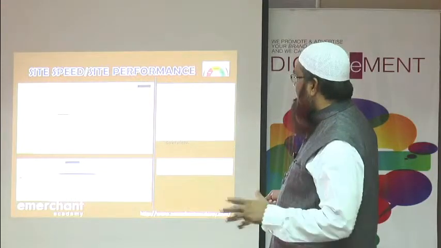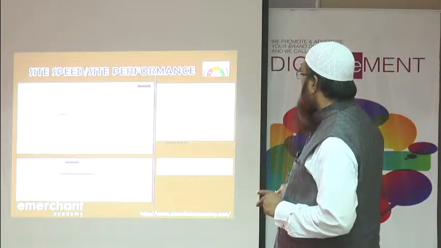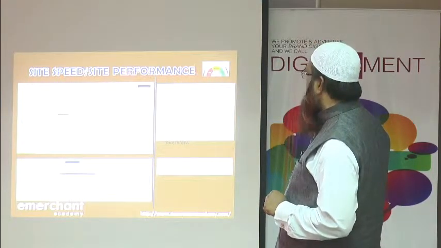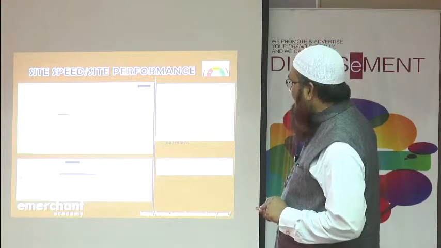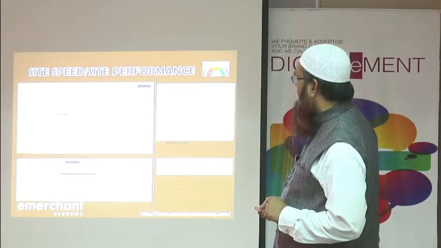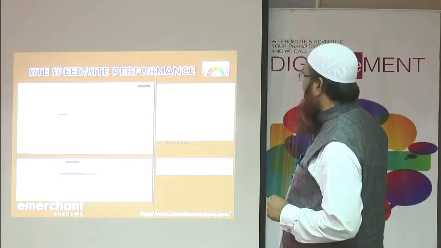Now this particular slide is going to show you how to view site speed: just go to the lab and then choose site performance. Here at the extreme left side you will find Labs as one option, and there you will find site performance.